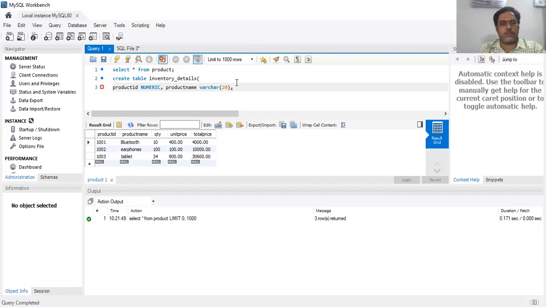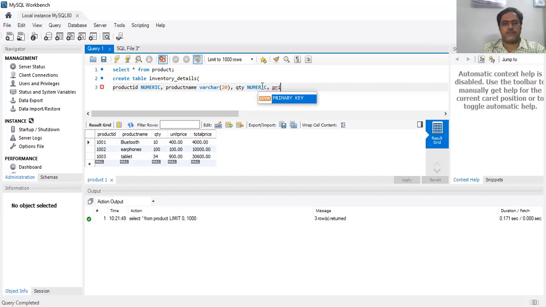You can take any number of columns. Quantity, that is numeric, comma.